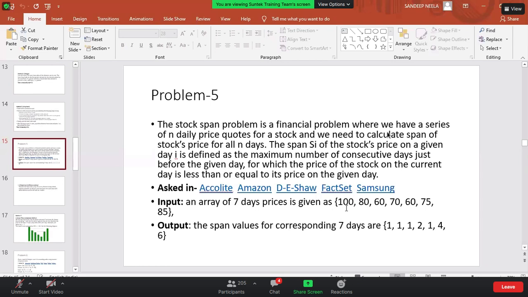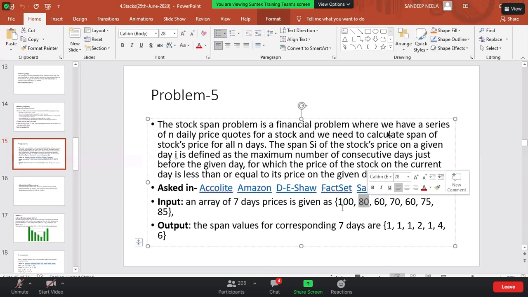How many days are there with a price less than 100? Only this day itself, so one day. For 80, is there anything before the second day with a price less than 80? No, so only one day. For 60 also there is nothing left, so this is only one.